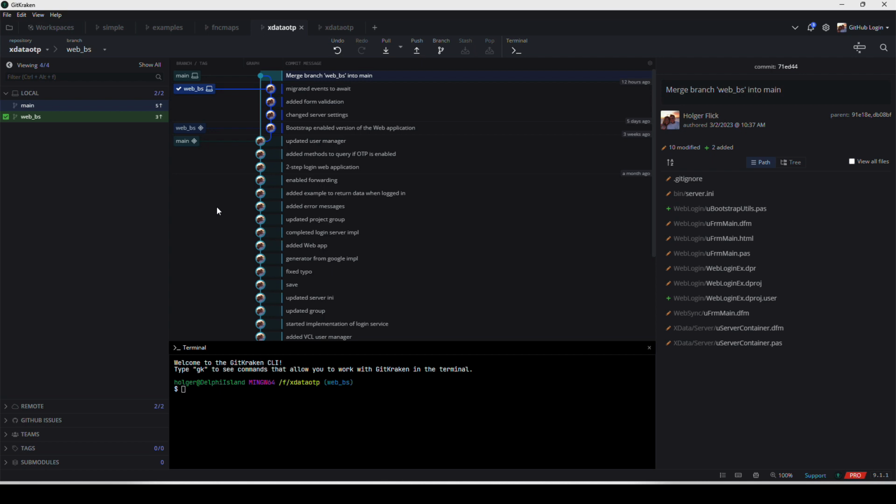Forget about any server, because Git is a system. All actions that you do, if you work on your computer, are on your local repository. And for a local repository, you can work on different branches at the same time, which I do here. I worked on WebBS. This is the current one, meaning when I make changes, I affect this branch.